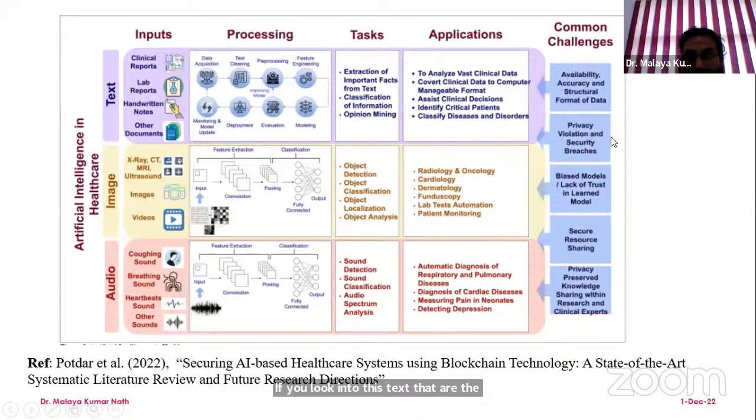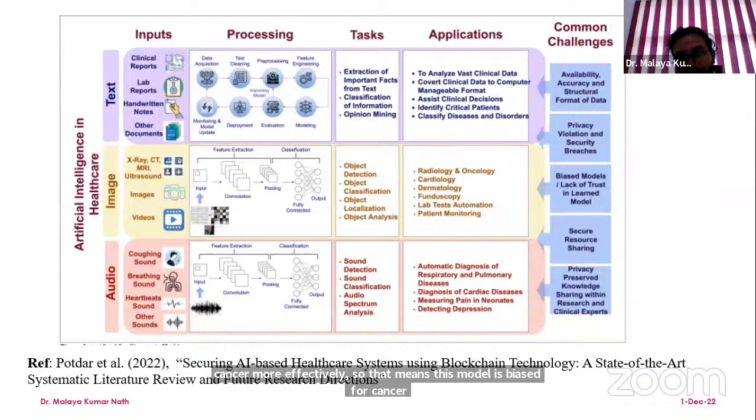Privacy violation as well as security breaches. Biased models, that means some of the models can extract a certain kind of disease more effectively. Or we will take the case of cancer detection. In case of cancer detection, certain models can detect the cancer more effectively. So that means this model is biased for cancer detection. If I use this model for segmentation, it cannot do the segmentation.